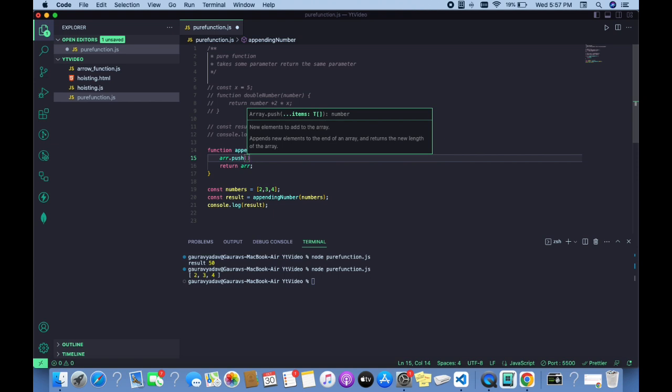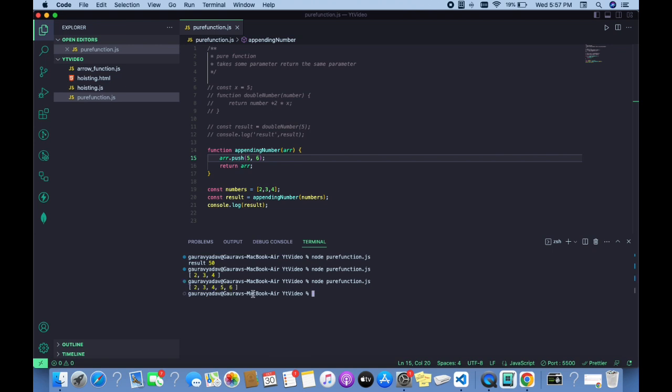So what we will do, we are trying to push this value. Now if you try to run this code, it will push this 5 and 6, but the originality of the array, the originality of the value got modified. Due to that, it is becoming an impure function. So suppose now what I have to do, I have to make this value immutable,